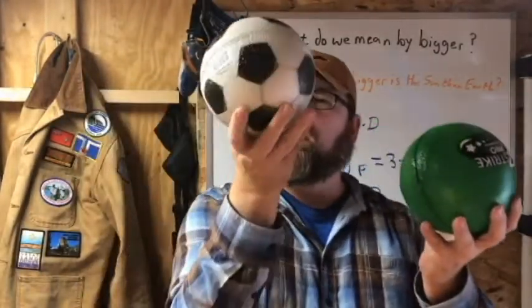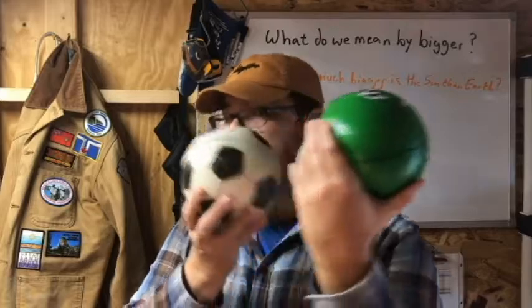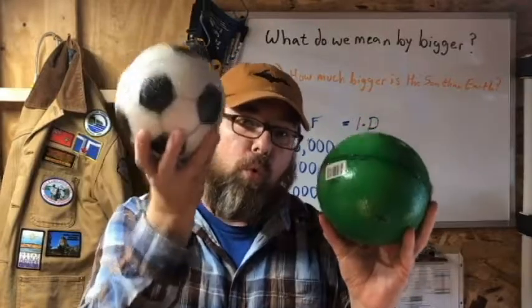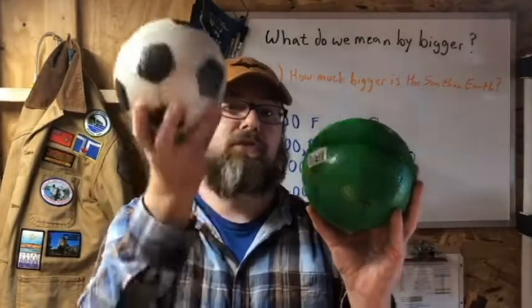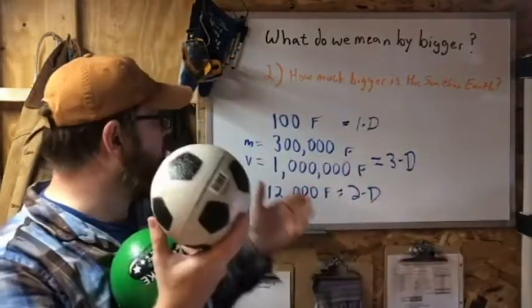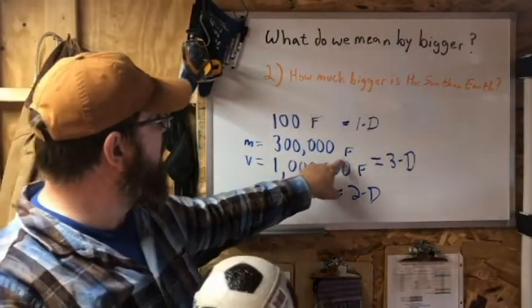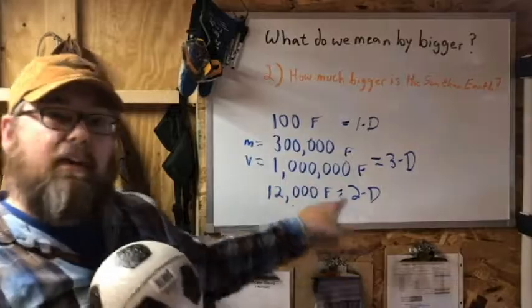But what if this one was 200 grams, but it had the same circumference, radius, diameter, everything else that this one has? Well, the volumes are the same, but this one would be twice as massive. It has 2 times the mass, even though they are volumetrically the same size. So that's where these two numbers come from, and that's why this one is lower than this one,